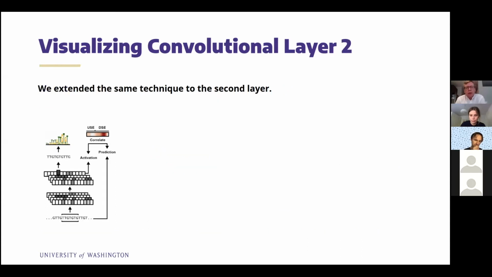We then extended this same visualization technique quite seamlessly to the second convolutional layer. So now we're searching for longer subsequences that ultimately result in maximal layer 2 filter activations. Of course, the subsequences are now longer because the layer 2 filters have a larger net receptive field across the original input sequence.